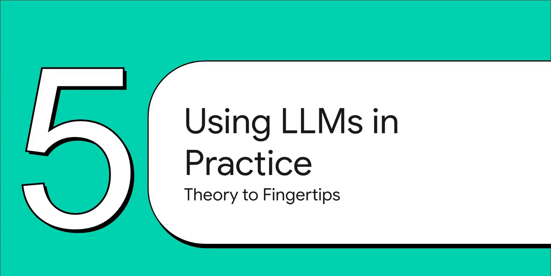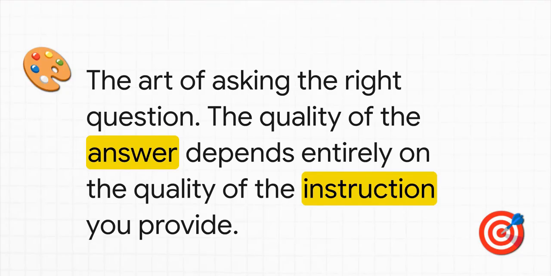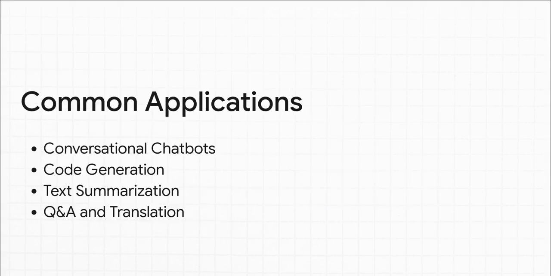So these incredibly powerful models are out there, but how do we actually talk to them and get them to do useful stuff for us? Well, that brings us to what is basically a brand new skill for all of us, prompt engineering. It turns out the quality of the answer you get from one of these models depends almost entirely on the quality of the question you ask it. Learning how to craft these clear, context-rich instructions, these prompts, is the absolute key to unlocking what they can really do.